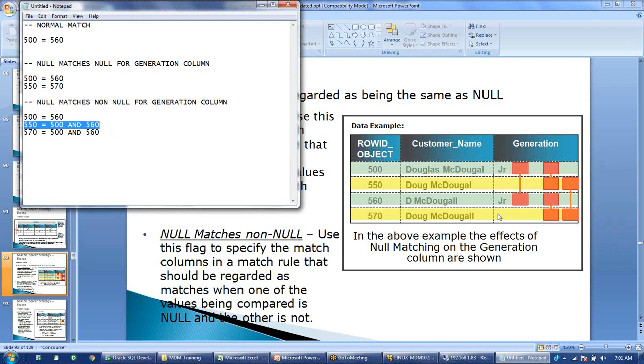That is because we have selected the option null matches non-null. The previous option that we had selected was null matches null. In that case, 550 and 570 were matching with each other. But now we have selected null matches non-null. Null will match with only non-null values. So two nulls will never match.